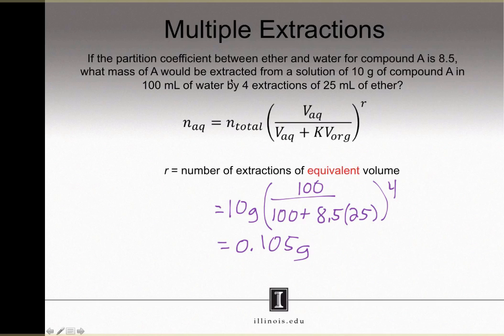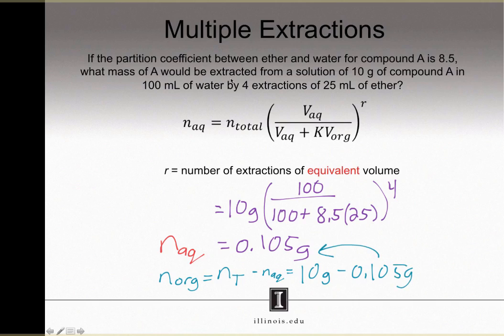What did we just solve for? We just solved for NAQ. What we want is N-org. But we know that N-org is equal to the total amount of compound minus the amount in the aqueous layer. So, if I take 10 grams of compound minus 0.105 grams, which we just solved for, we get a value